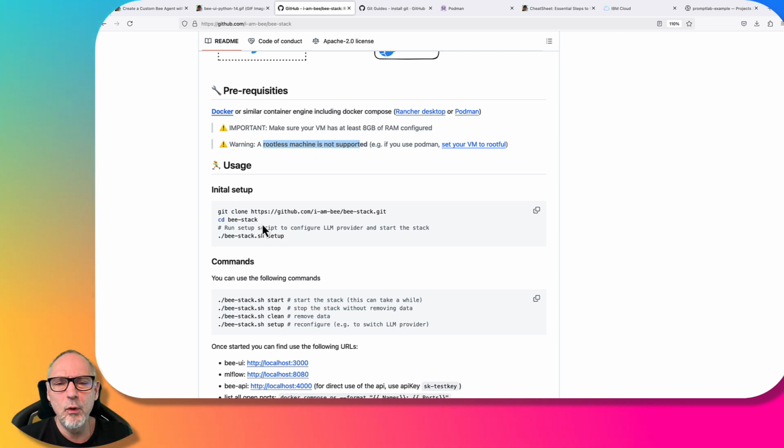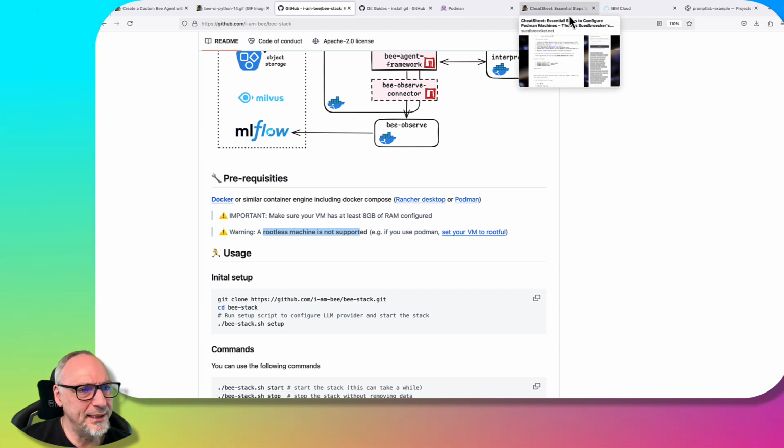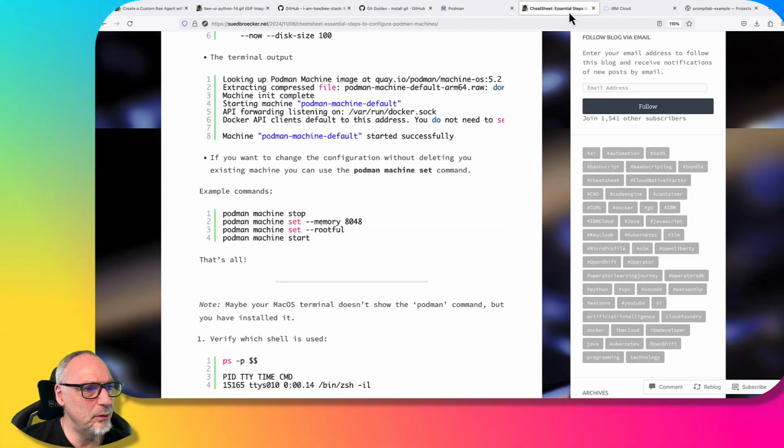One thing I want to highlight: to run the stack with all the databases and so on behind it, they do not run in a rootless configuration, which is out of the box given when you install Podman, for example. So, just to get a way around that, I also created a blog post,